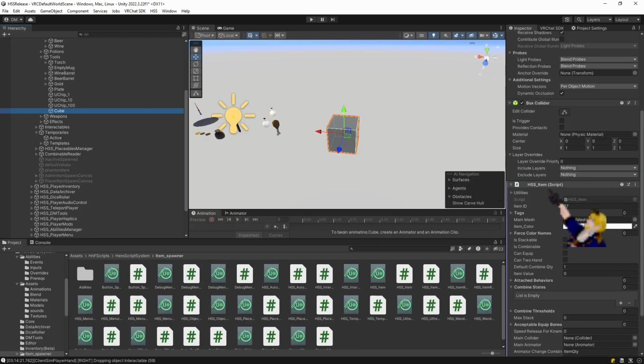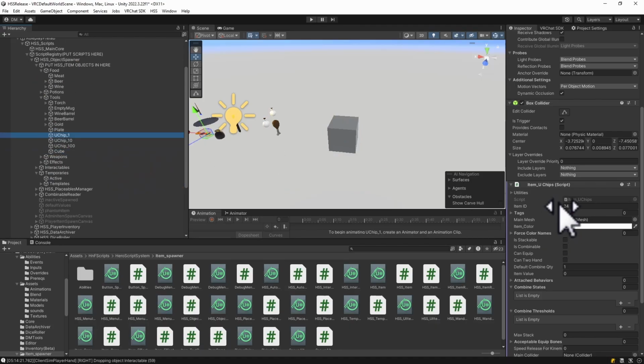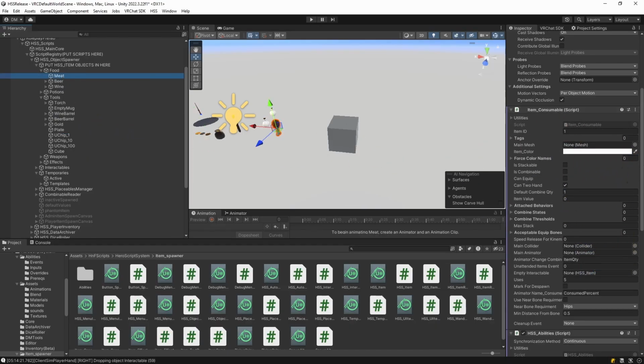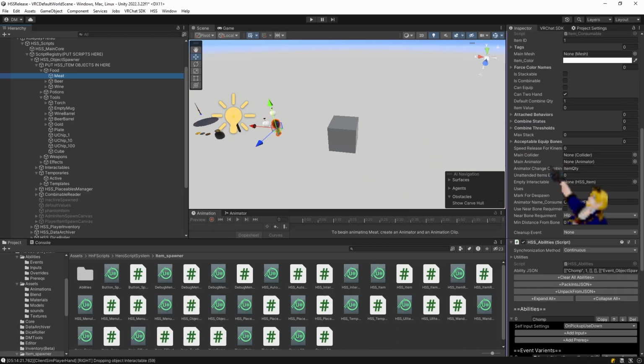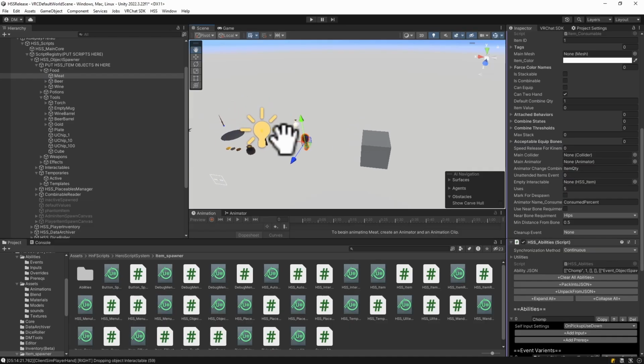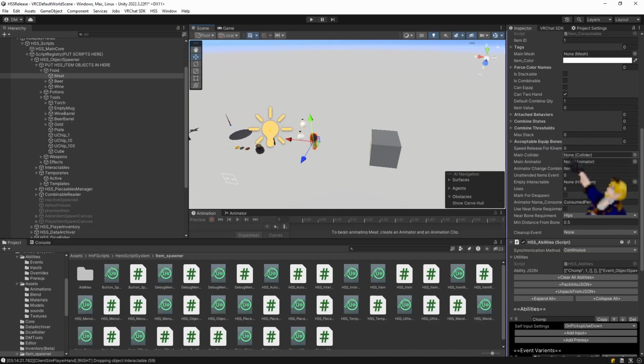Now, to mention, there are more types of items that inherit from HSS items. For example, you can add an item_u chips component, which will utilize the synchronized udon chips that the system ties into, or you can utilize the item_consumables. In the future, as an item requires a lot more complexity, this is the type of way that I'm going to expand upon what items can do,